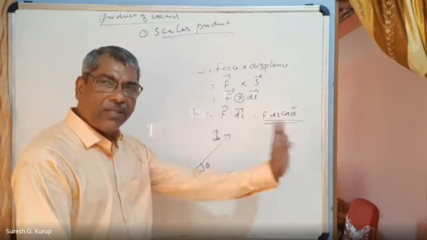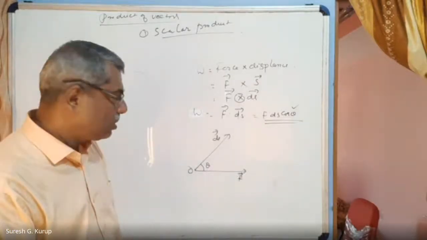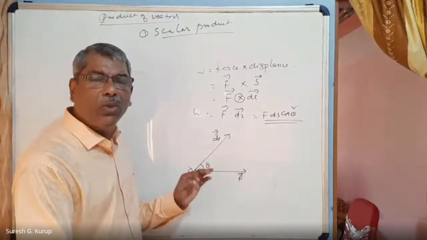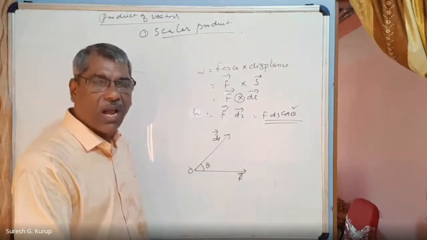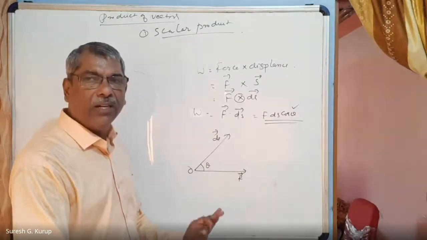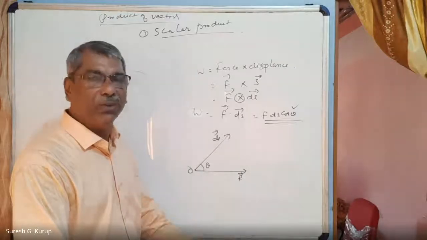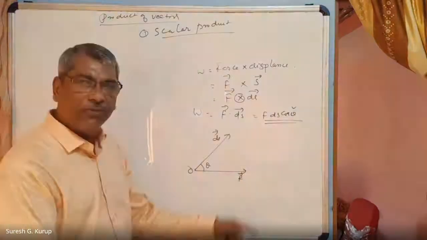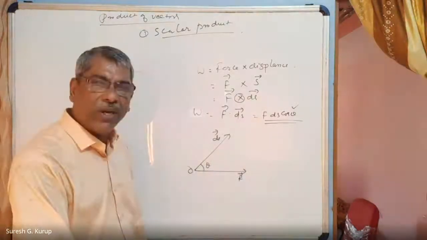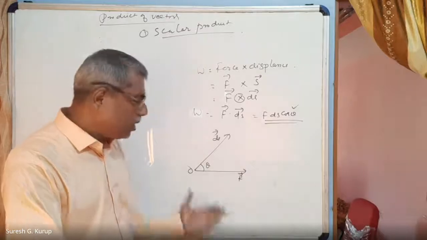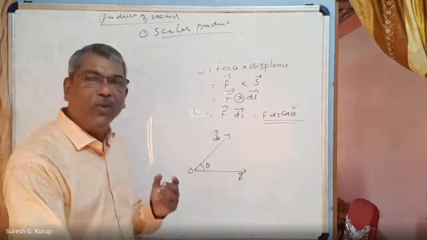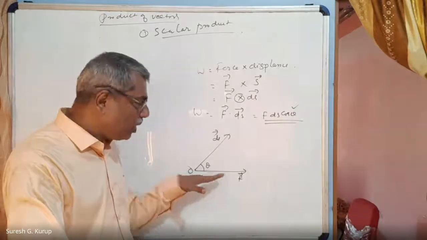We have already seen the splitting of forces. Displacement is also a vector quantity, and F is also a vector quantity. We want to find the work done by the force. Work done by the force is equal to force into displacement in the direction of the force. Is there displacement in the direction of the force? Casually, when we look at this figure, you will say there is no displacement in the direction of force. But when you look carefully, you will see that there is a displacement in the direction of force.